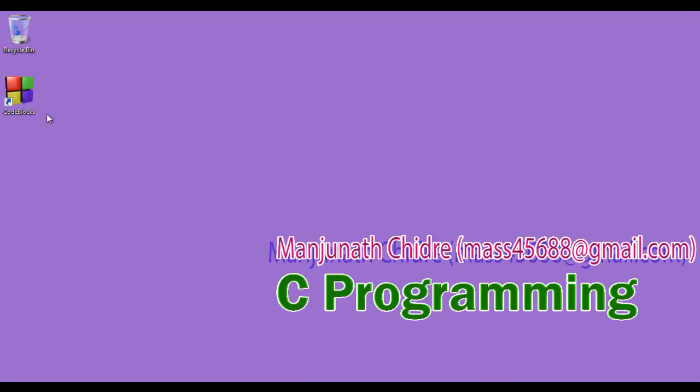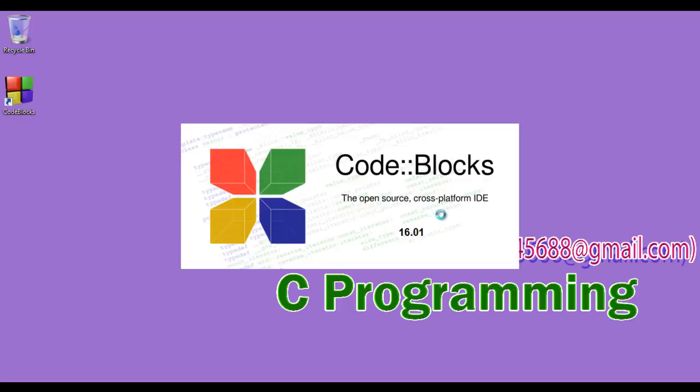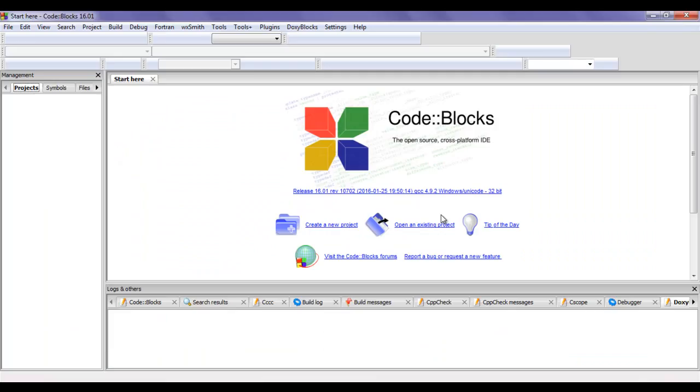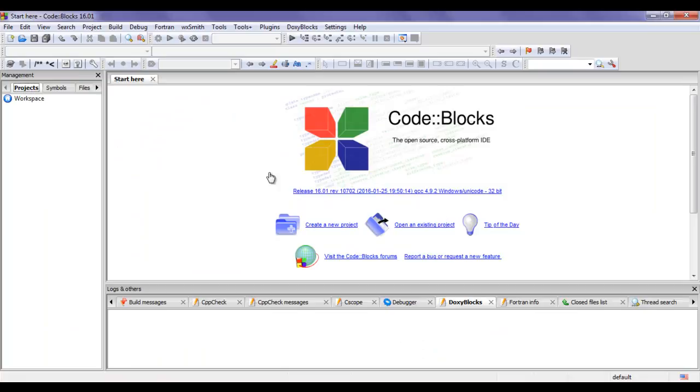To relaunch again, I double click on the CodeBlocks shortcut available on the desktop. You can see that the CodeBlocks IDE got launched. Hope you guys have clearly understood the title bar of the CodeBlocks user interface. In the title bar, we have a context menu for performing minimize, maximize, close, restore the window. We see the title of the currently open page, we see the version of CodeBlocks, and we have